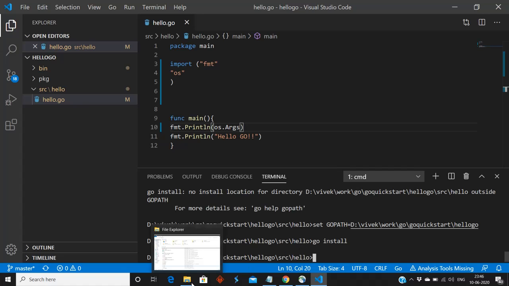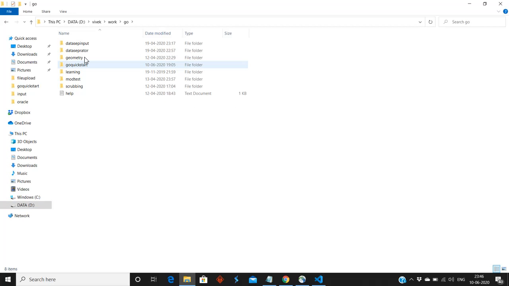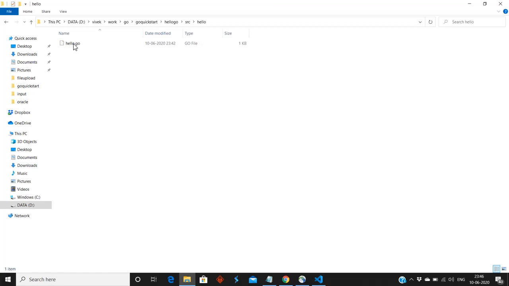It is running perfectly fine. So let us check the folder structure. If we go to D:\Vivek\work\go\quickstart\hello go, and look at the src folder, there is no exe file. If we go in the pkg folder, there is no exe file.